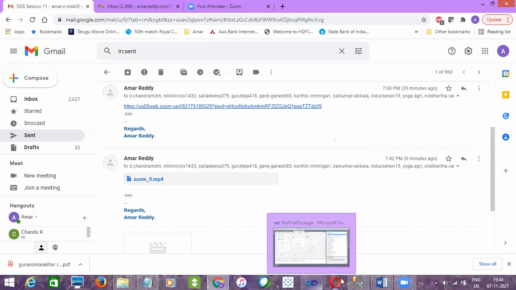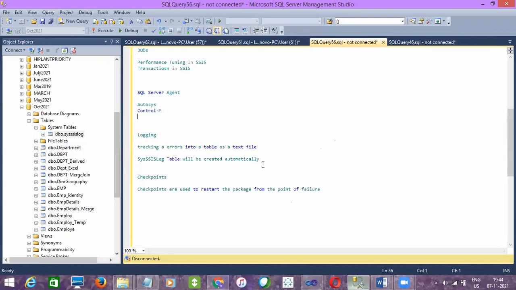After SSRS completion, I'll give you the overall course task, creating basic tables, then a SQL Server procedure, and an SSIS package along with the report as well. Try to prepare well, and let me know if you have any concerns. Tomorrow the class will be at 6:30 in the evening only. Thanks for joining. We'll connect tomorrow.